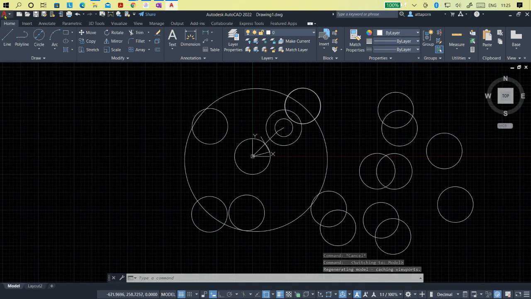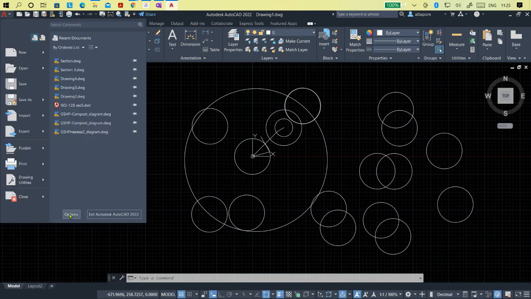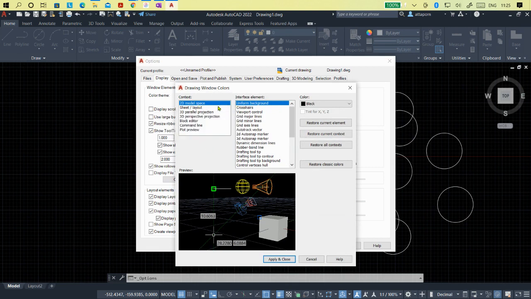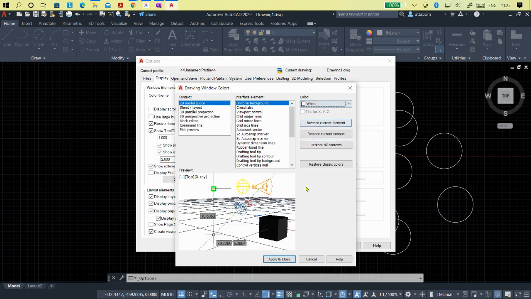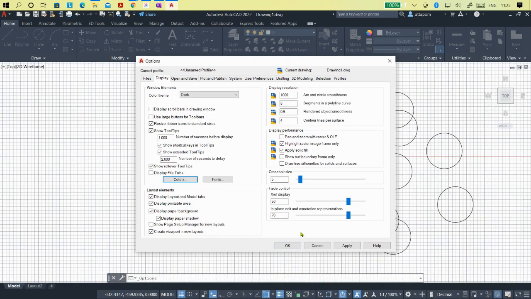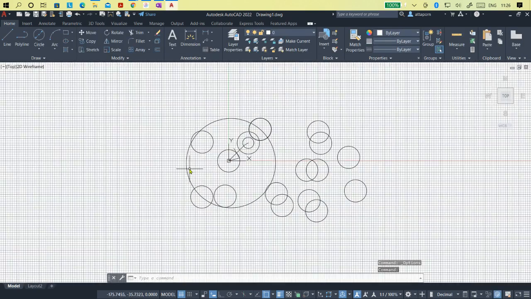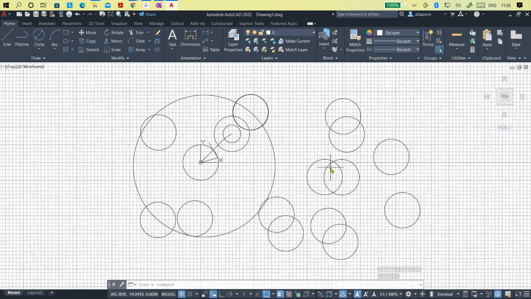Okay. The last one again. I want to show you here. If you click here and option, you can select the color. This one is dark, window element dark. Yes, if you select the color here, this one to the model space, you select white. So your model space will be in white color. Okay, all right,